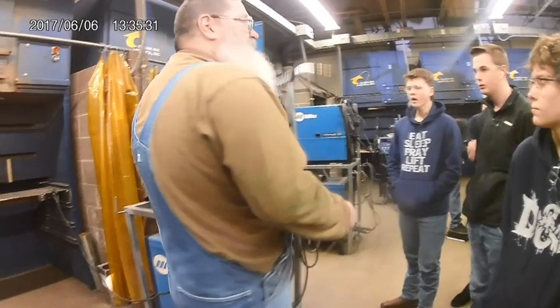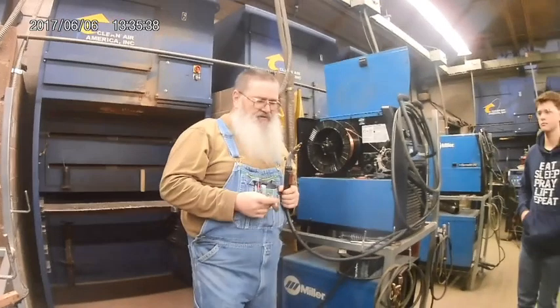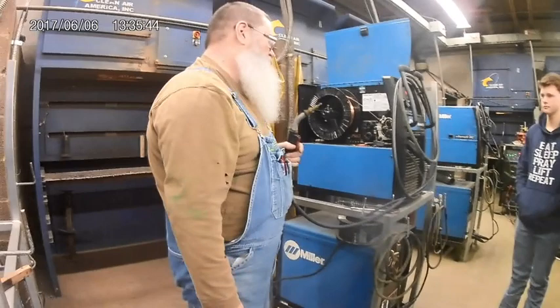Another thing I want to be careful. Bare hands in the shop, not necessarily a good idea. It's almost a good idea to always have gloves on, but we forget sometimes. But one of the things I want to be aware of, even with gloves on,